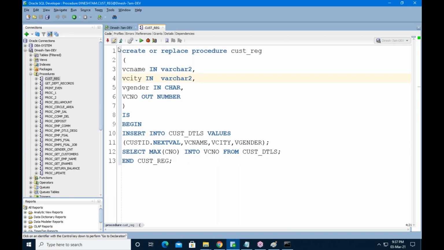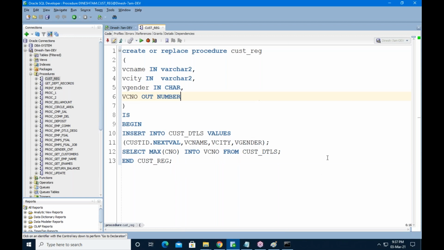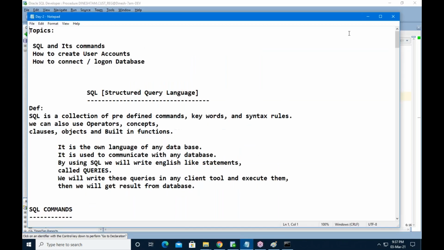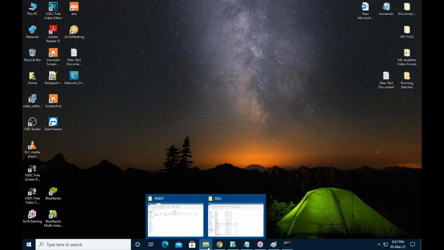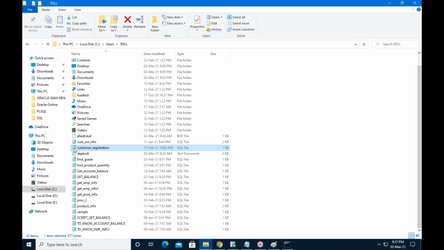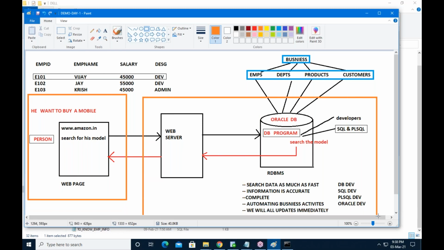This is a server-side application. To make a call to a server-side application, we need a client application like this. This is the client application. Listen guys, in our diagram, I told you we have two applications. This is called the client level, and this is known as the server level, client-server architecture.